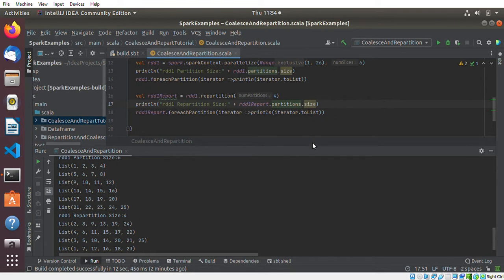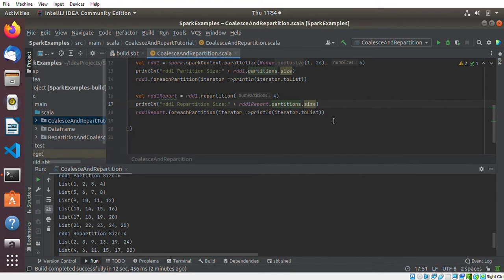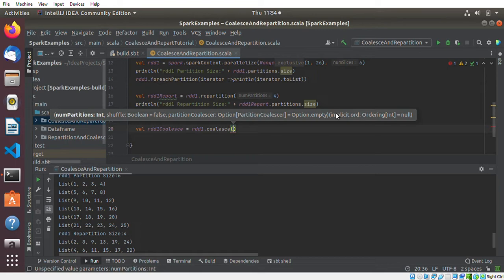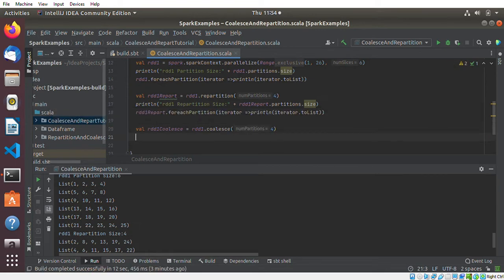But in the case of coalesce, it doesn't perform a total shuffling. So I'll show you how coalesce does it. If I do RDD1 coalesce equal to RDD1.coalesce, and the number of partitions, we want to reduce it to 4 here. So if I copy this one,